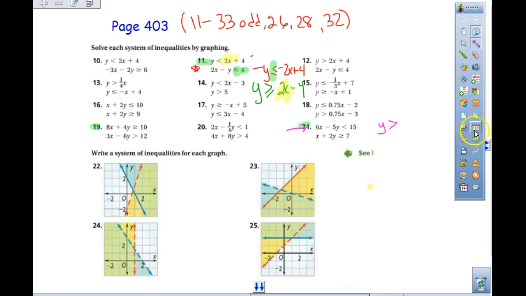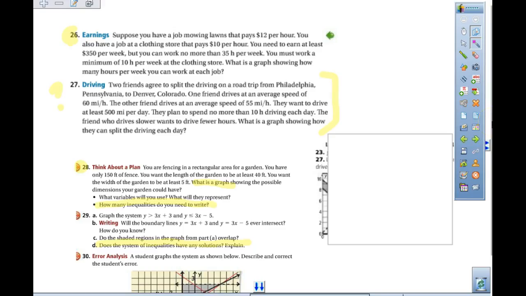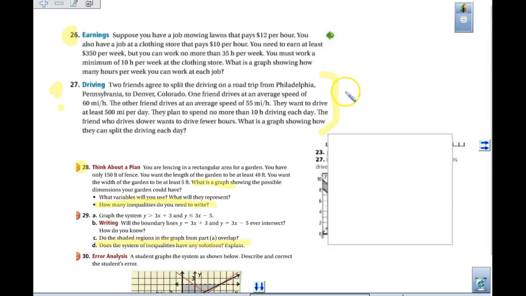So, looking at the questions, number 26. Let's take a look at 26, 27, 28. So 26, it says you have a lawn mowing job and you're going to take $12 an hour. You also have a job working in a store that pays you $10 an hour. One of the first things you might want to be thinking of is, if we are looking at our graph, it's only going to be in the first quadrant, and we do have X and Y, and we need labels with it. So if we are looking at, this is our mowing